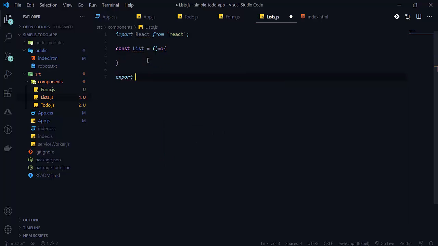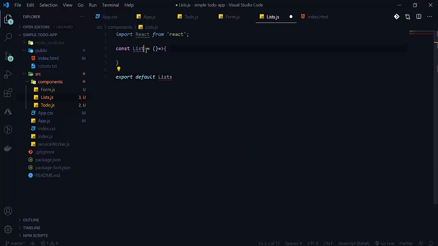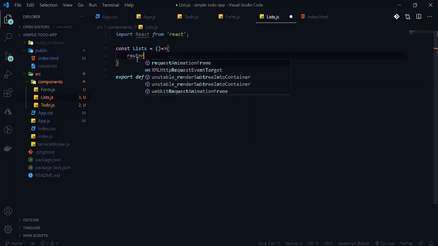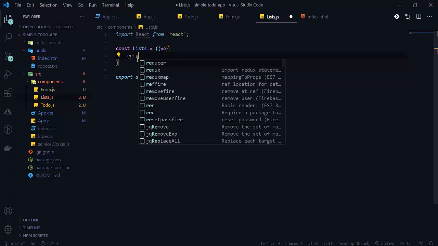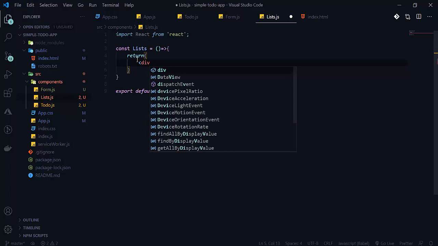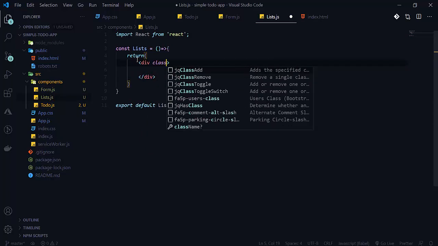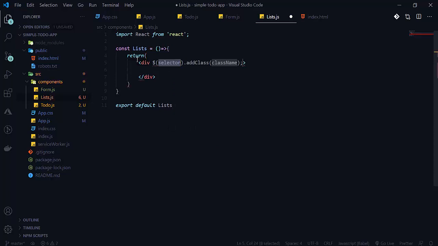Export default lists. Now after that here we need a return statement, return, and here first of all we will return our division here. So here division, and className will be list here. So here className is list here.